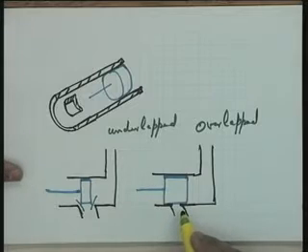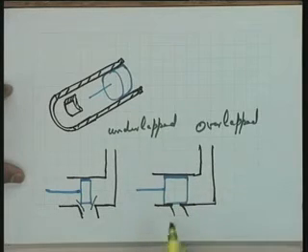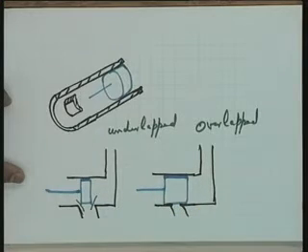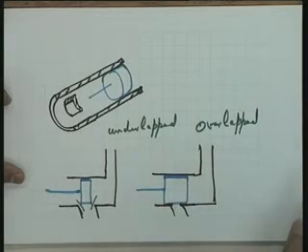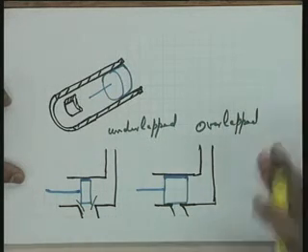Now let us see what are the problems with this construction. The problem is the sensitivity of the device, or the dead zone of the device. Please note that for small movements of the spool land there will not be any action, because this particular control port will not be covered or uncovered, and therefore no action will be taken. The system, or the motor or the linear actuator, will be insensitive to small movements. In a typical feedback control situation, you may not like that particular performance of the system.